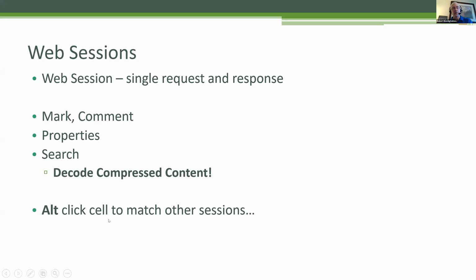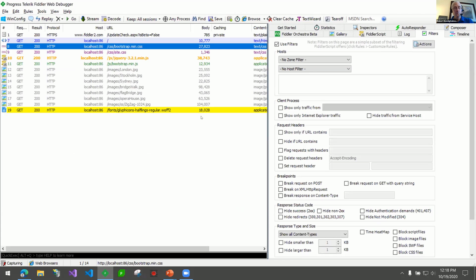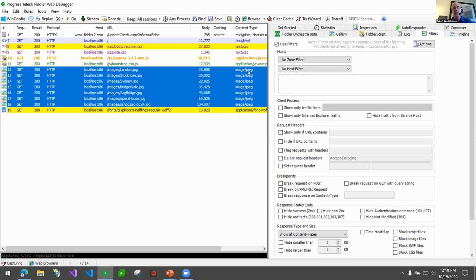Another cool feature, I can alt click on a cell. I'm going to hold down the alt button here, and I'm going to say I want to see any other file that is a JPEG. If I hold alt and click the value of this column, you'll see that it highlighted all of the other JPEGs. If you have a really long list, typical web pages are about 100 requests,